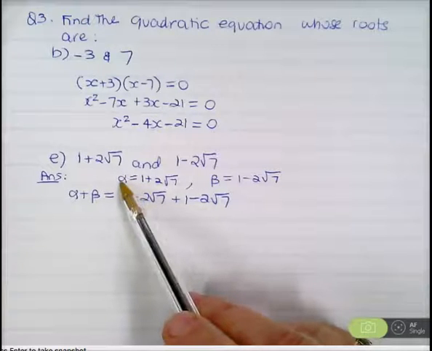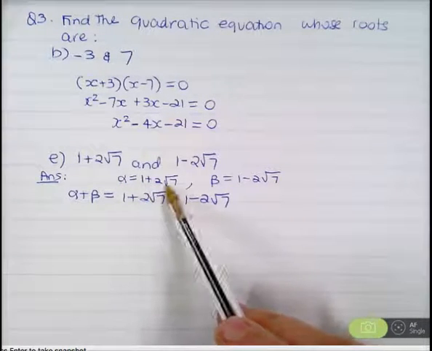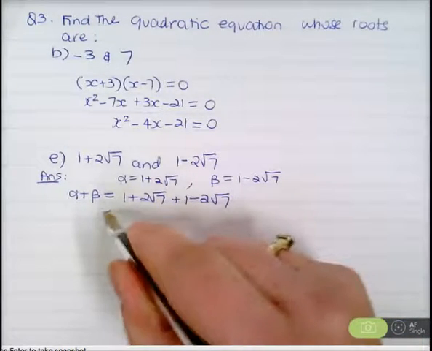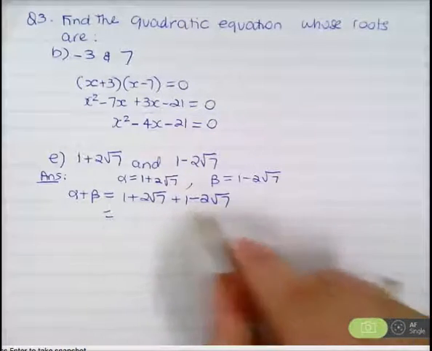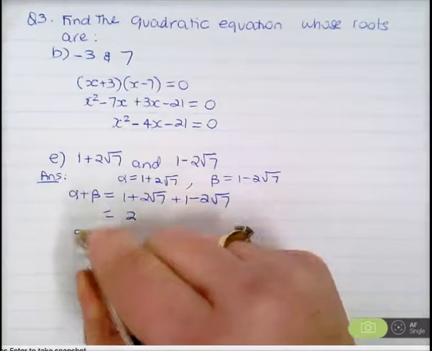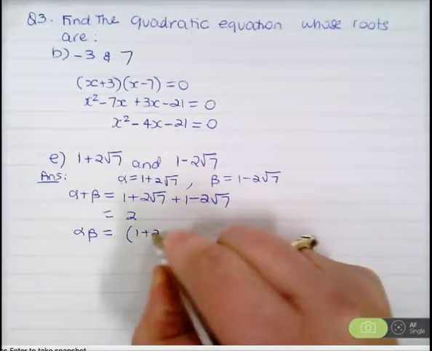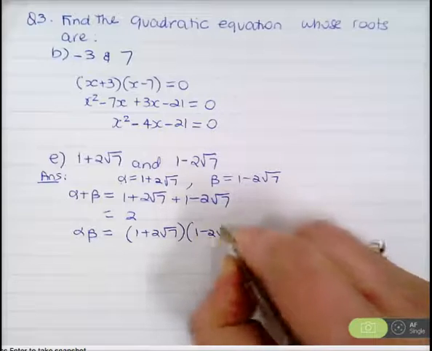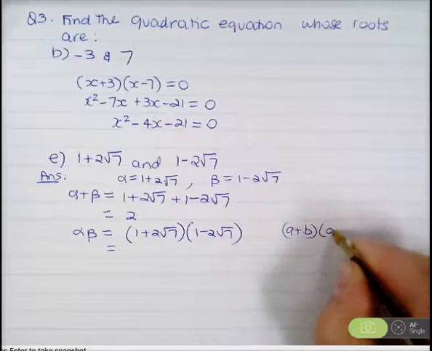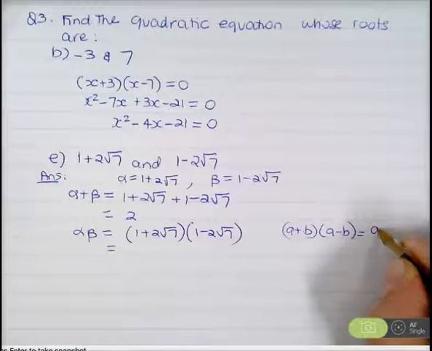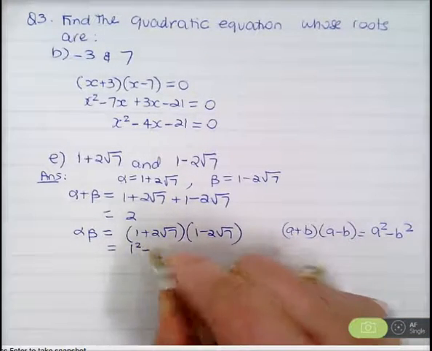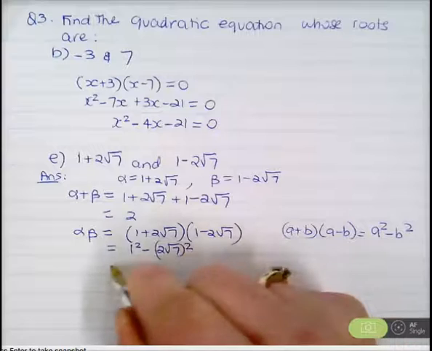So my first root alpha is 1 plus 2 root 7. My second root beta is 1 minus 2 root 7. So the sum of my roots is alpha plus beta. What cancels out? The 2 root 7. So it's just 1 plus 1 is 2. And alpha times beta is 1 plus 2 root 7 times 1 minus 2 root 7. And this is in the format of a plus b, a minus b. Doesn't that equal a squared minus b squared? It's the difference of 2 squares, so it's equal to 1 squared minus 2 root 7 squared, which is 1 minus